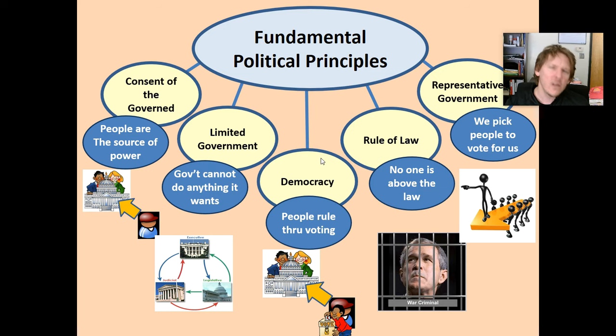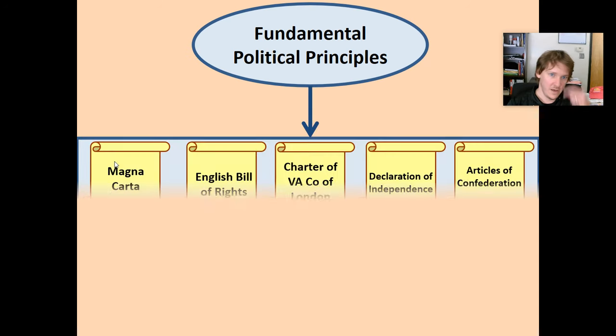Democracy: people rule through voting. But also remember, another characteristic of democracy is, do you remember the other two characteristics of the three? We believe in equality. If you want to be a true democracy, you also must protect individual rights. There are individual rights of people in a democracy. Rule of law: no one is above the law, or the rule is we all must follow the law. That means no one's above the law. And then last, representative government, just a way to make democracy function.